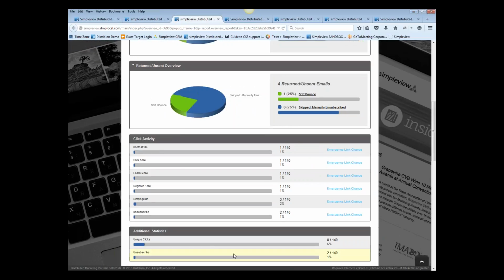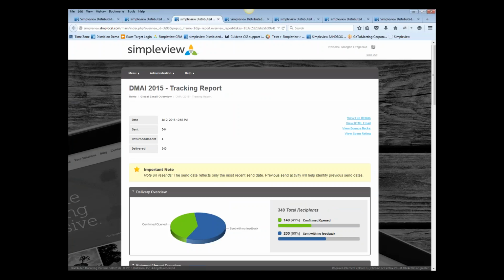So I already have a tracking report opened up here. I just took one out of our system. So going through the tracking report,